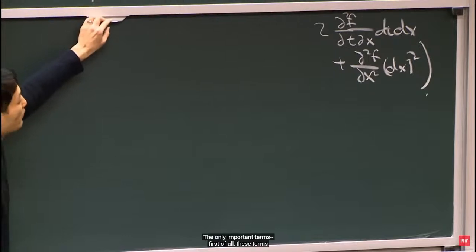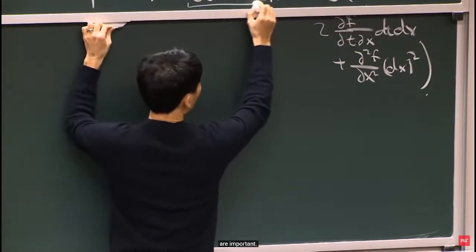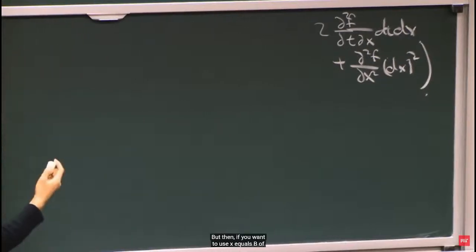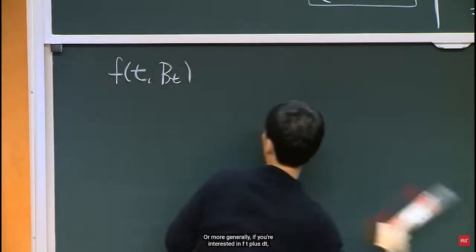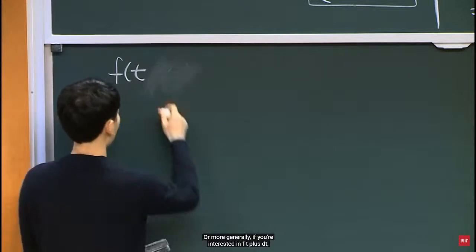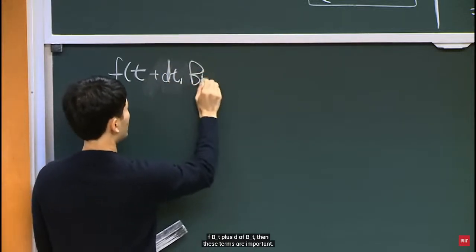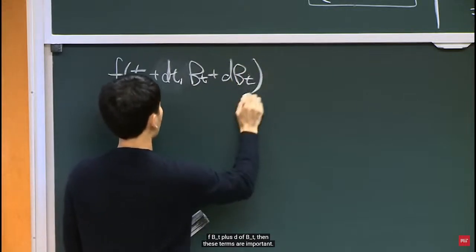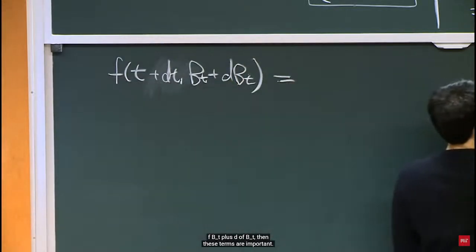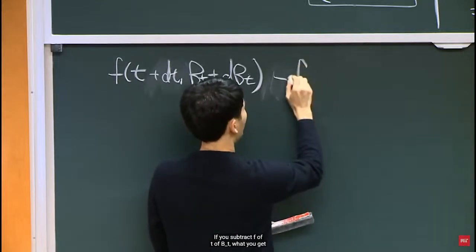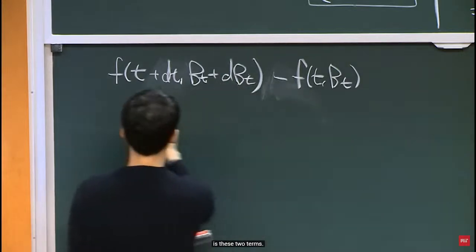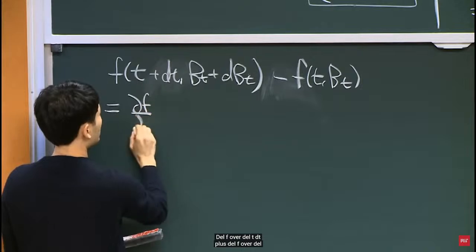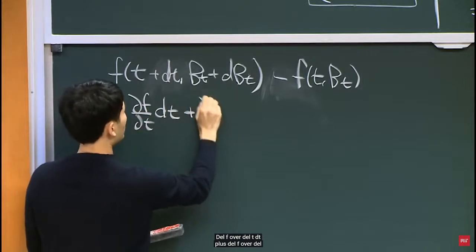So the important terms, first of all, these terms are important. But if you want to use x equals B of t, so if you're now interested in f(t, B(t)), or more generally, if you are interested in f(t plus dt, B(t) plus dB(t)), then these terms are important. If you subtract f of (t, B_t), what you get is these two terms, del f over del t dt plus del f over